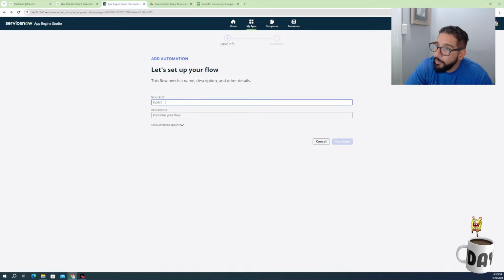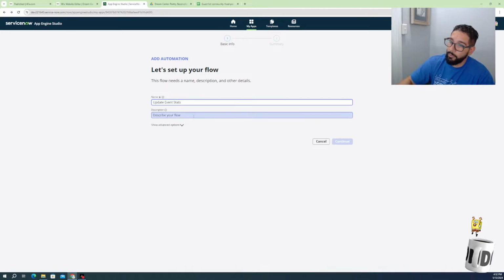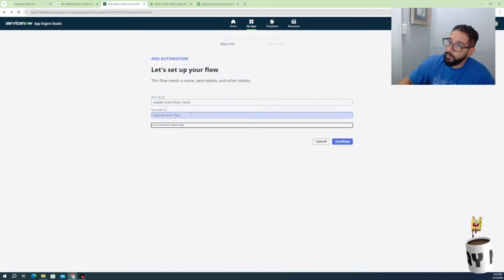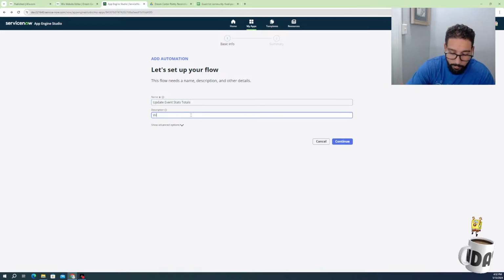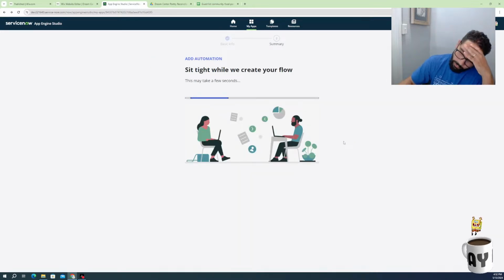Okay, so update event stats totals. All right, we'll update imported event totals. The trigger,